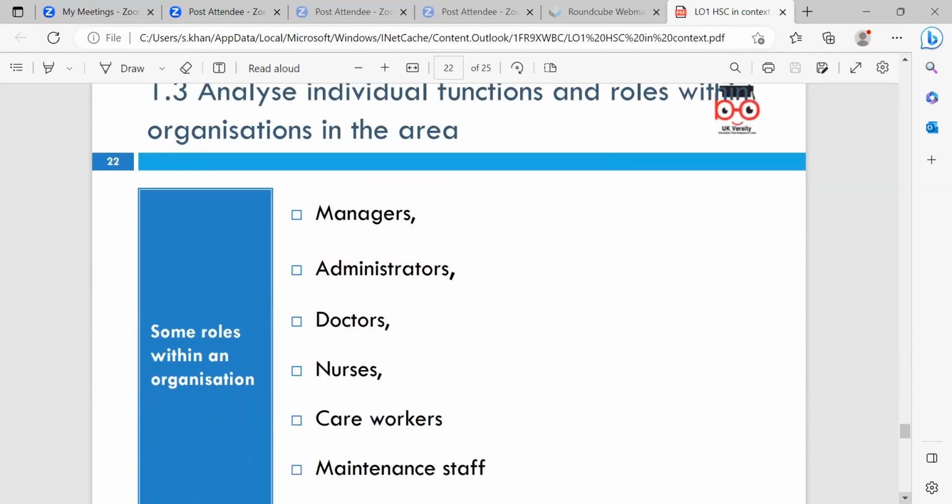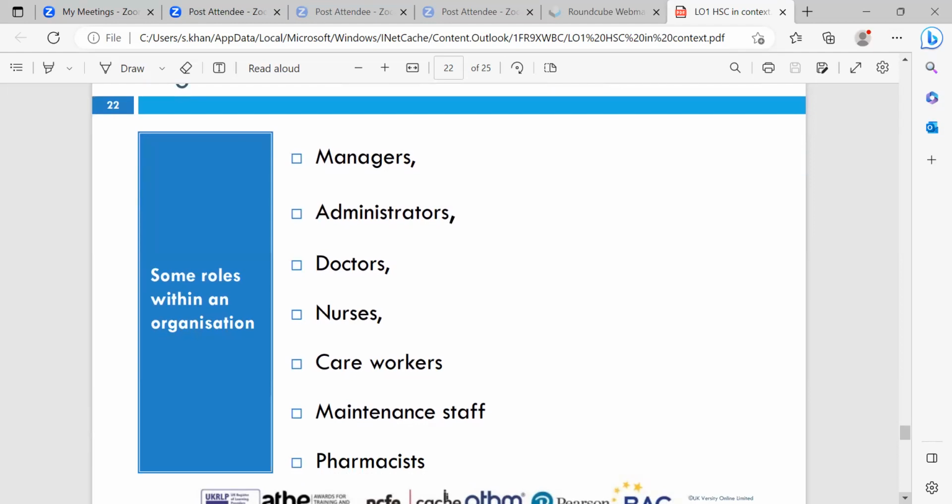Then we've got 1.3, analyze individual functions and roles within the organisation. Some roles within the organisation: managers will be there obviously to manage, administrators would be there to administer what's going on, deal with the responsibilities of any sort of office work, anything like that. Doctors obviously are there to perform their duty as a doctor and look after the patient, nurses to support the doctors and look after the patients, care workers if there's elderly patients or anyone that needs any sort of care,